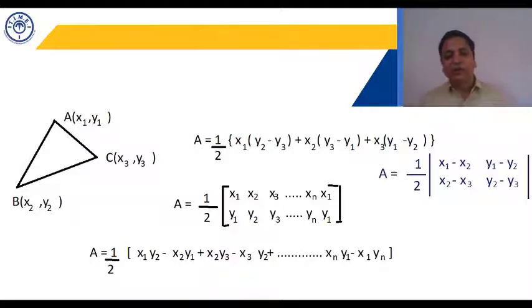What do we have to consider? We have to take coordinates in a cyclic order one by one, and then we can find the area. If the area is coming as positive, it's perfectly fine. If it is negative, we make it positive, because area cannot be negative. This is applicable to any polygon whose vertices are given. So for a triangle, we can use the first formula, the second expression or the third expression also. But the only point to remember in the third is that you write all the coordinates and then repeat the first coordinate and solve. If you apply this third expression for a triangle also, you will get the same result that is written here. I hope this is clear.